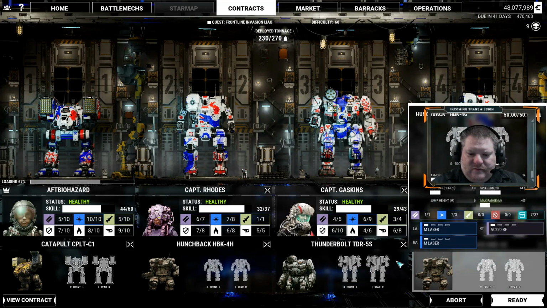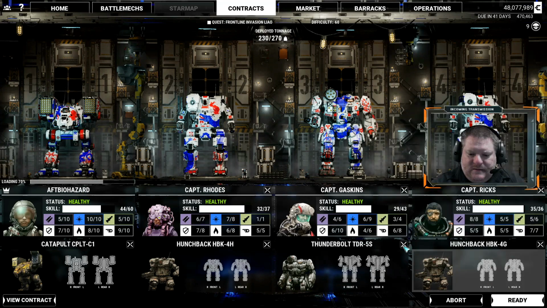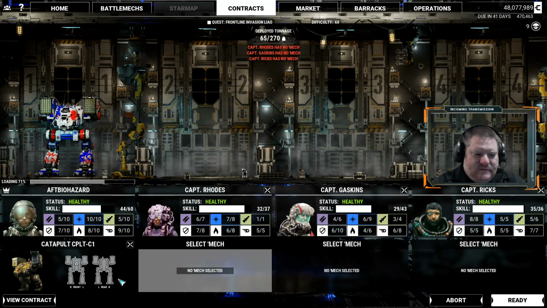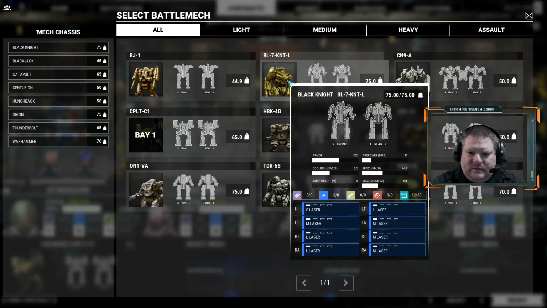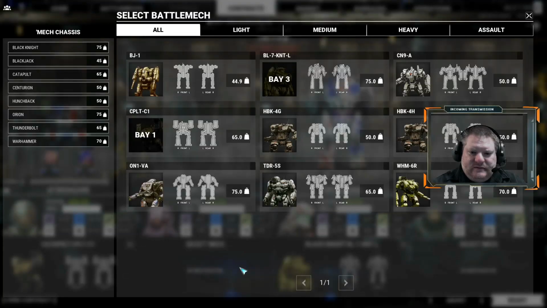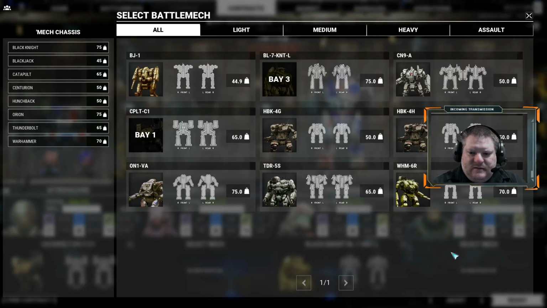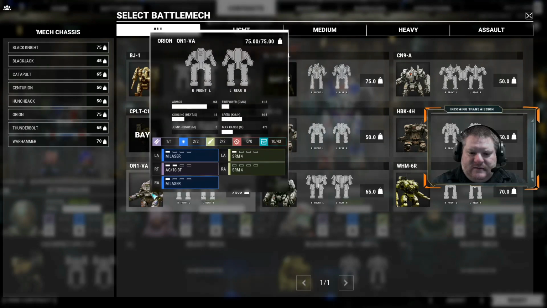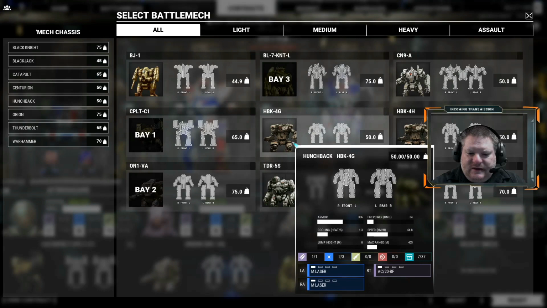So you are in a Thunderbolt. I think there's better use for you. Let's go ahead and put you in a Black Knight. So I have 130 tons left over to work with at this point. So that means I can run a Orion. That is going to give me 55 tons to deal with, which means I can go ahead and put you